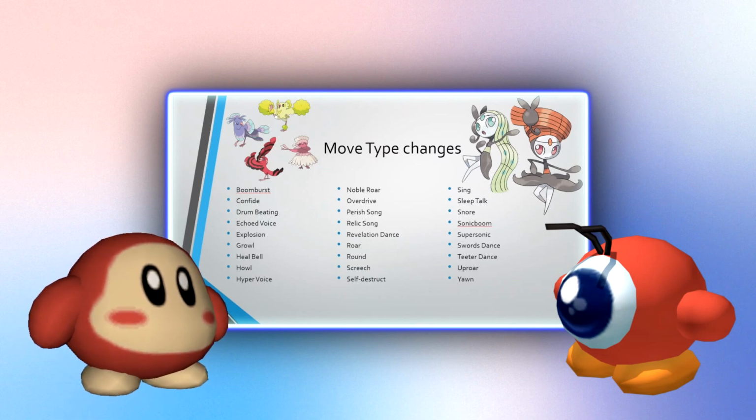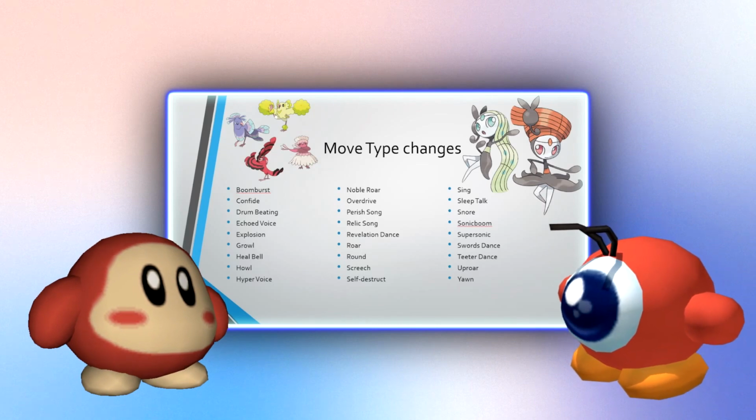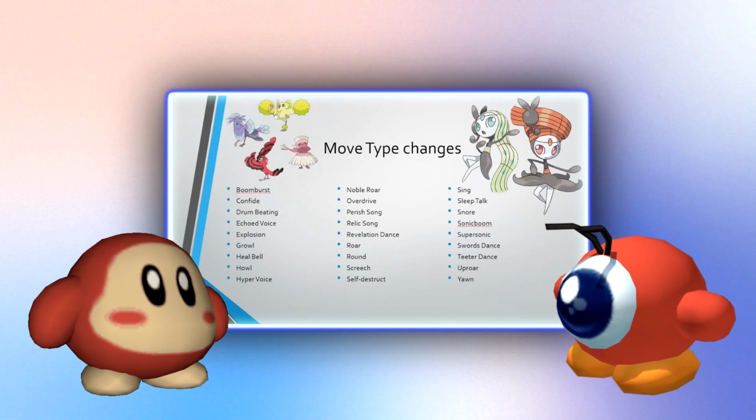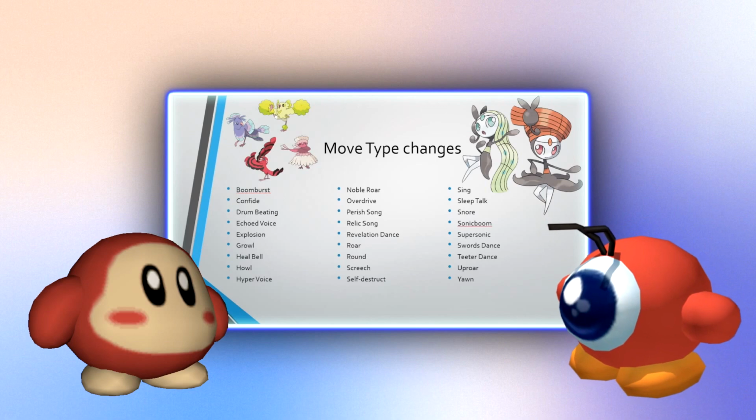Swords Dance, that one's interesting. Oh, because of the dancing, of course. Yeah, anything with dance in the name, I basically made. If it was normal, I made it into a sound type move. Yeah, that makes a lot of sense. That's why your dance is there as well, Swords Dance. So honestly, I'm not gonna change Rain Dance or some of those other moves that have a type already. But